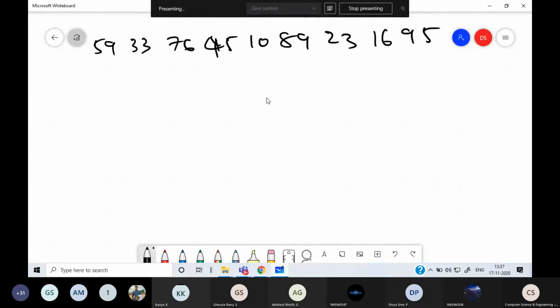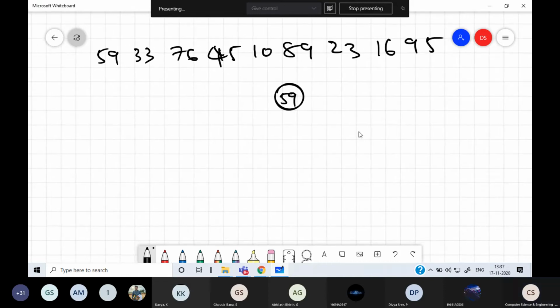So first take the first value as root. So 59 will be the root. 33 is less than 59, so go left. We have reached an empty slot.